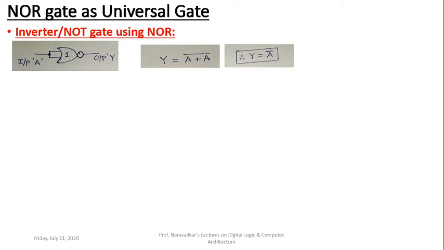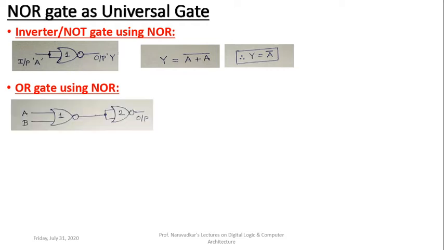Now the next gate is the OR gate by using NOR, where two NOR gates are to be connected in a cascade configuration just shown below here. Here is NOR gate 1 where the actual inputs A, B are applied, and the output of that NOR gate number 1 is connected to the input of the inverter. I will say that NOR gate 2 is the inverter. Okay, that design is shown just above this particular diagram.